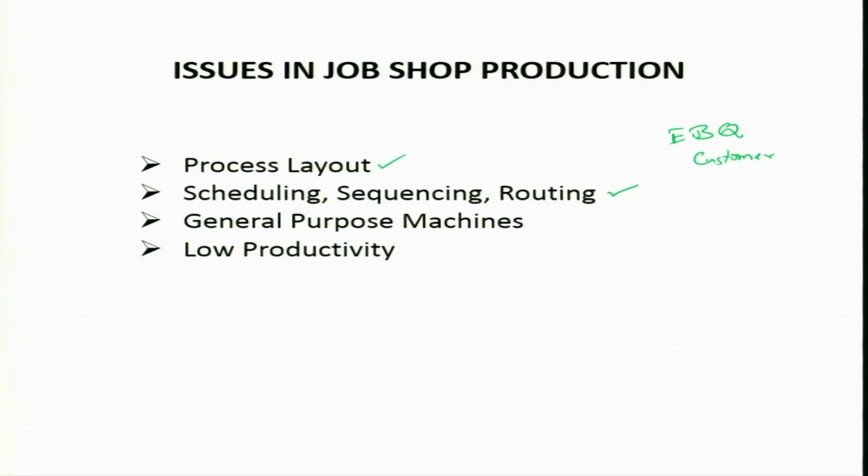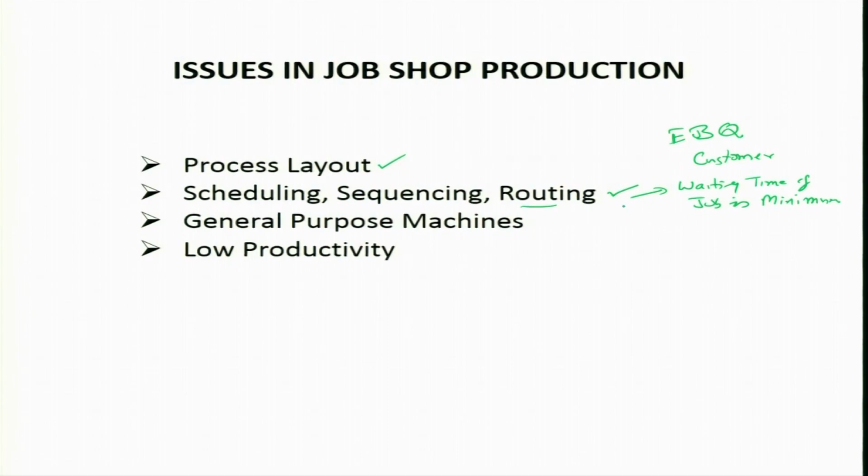Different jobs require different types of process requirements. So, how to route these jobs in the shop, just like a service center. Maybe you are doing servicing of 200 different cars in a day, and each car has a different process requirement, because they are coming for different types of activities. So, how to route those cars in the service center, with the twin objective: one, the waiting time of the job is minimum,